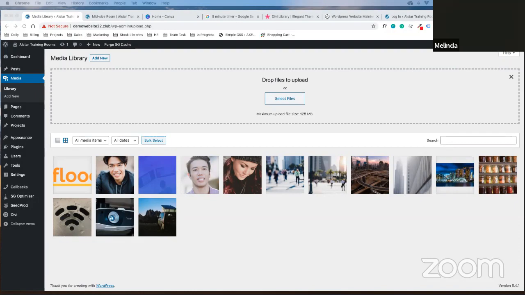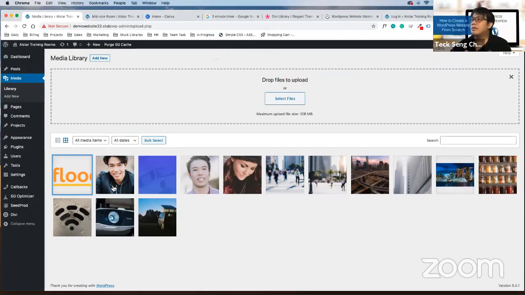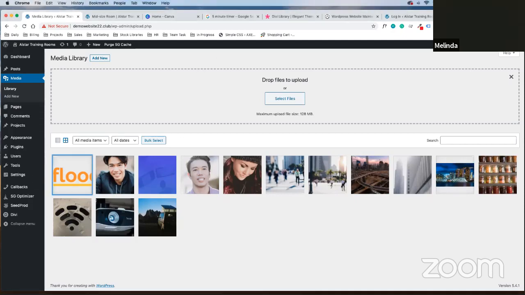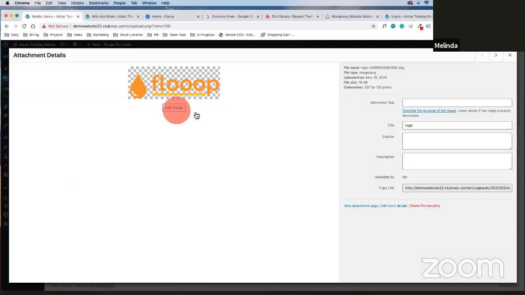After I click the add new, then I select the file and drag it. Select file, then I click on the logo, right? Correct. Okay, I have the attachment detail of the logo. So where do I go after that? Click on the logo. Edit image, is it? Correct. Okay, then scale it or what? How do I click and drag to scale? What is the dimension?